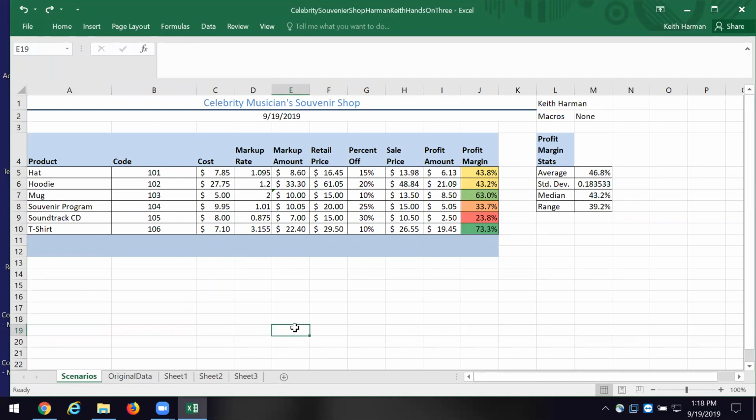So I know what my original starting point was, and now I know some scenarios that I can work with. So Dr. Harmon, you're telling me if I wanted to, I could create a matrix below this data set that shows me goals, say for profit margin, profit amount, etc., by changing any one or all of these variables, so I could have a matrix there that we could see what would be the possible outcomes if we make certain choices. Yeah. Okay.